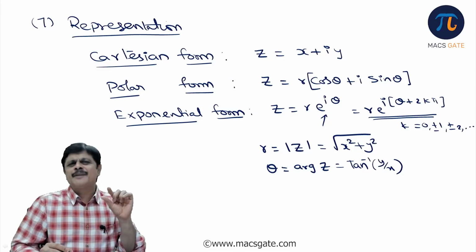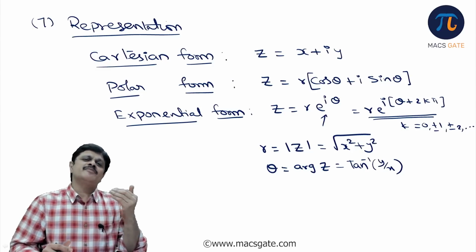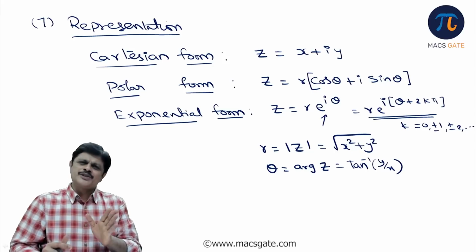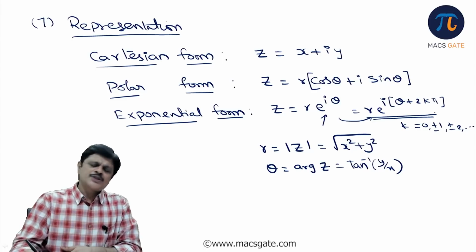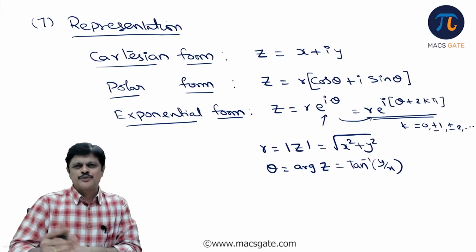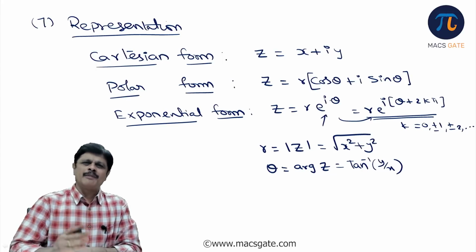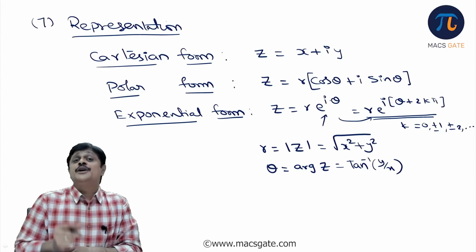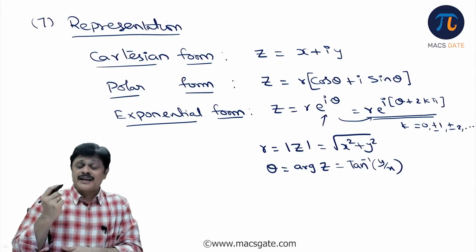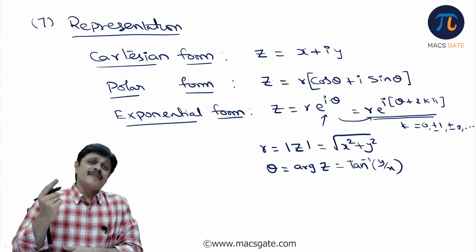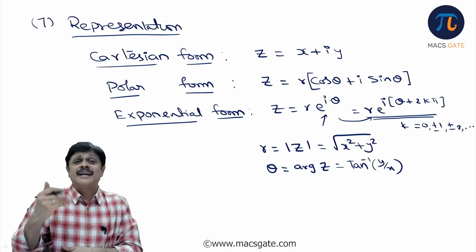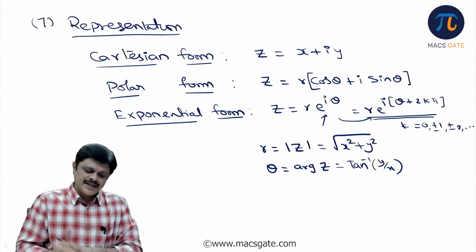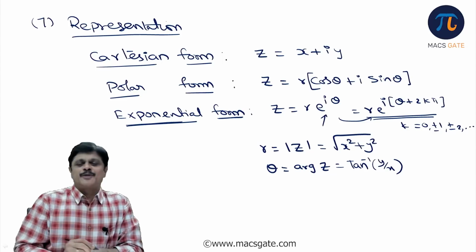So generally we try to find the principal argument, that is the value of theta which lies between minus pi to plus pi. Once you have done that, you can write it in any other form, just plus 2k pi. k equal to 0 is the same thing; k can be plus 1, minus 1, plus 2, minus 2. That is plus 2 pi, minus 2 pi, plus 4 pi, minus 4 pi. Like that, infinitely many ways you can represent. Remember, it is not infinite answers. It is infinite expressions for the same answer. So this is what we call the exponential form.